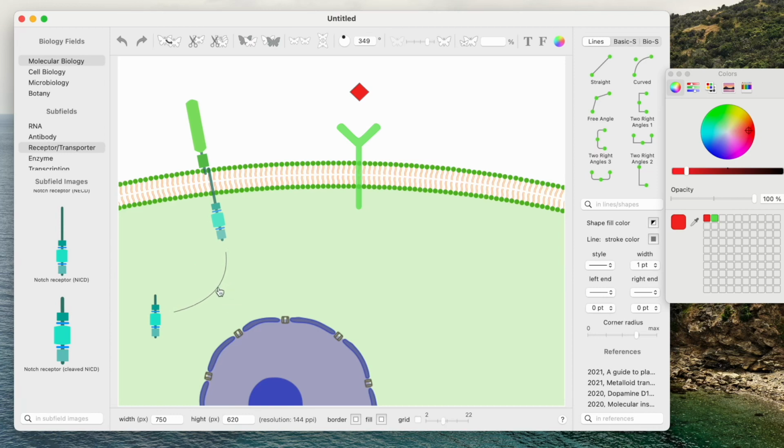What we can do, we can again select this line and then use this option for modification of this line. We can add at the left side an arrow, and we can increase the width of this line. We also can use different types of this line. This of course is quite useful for different pathways. Let's say we can use another one, modify this as we wish, just to show that